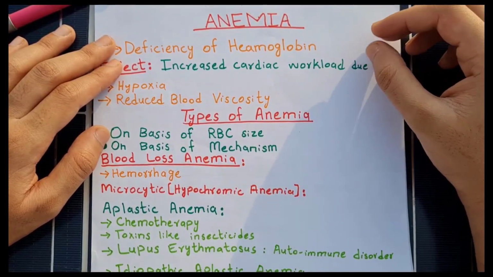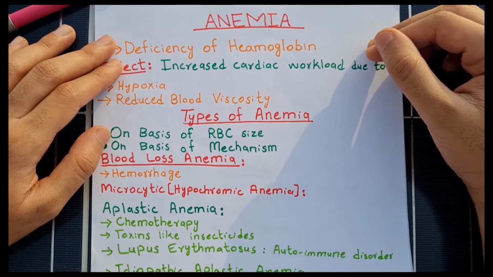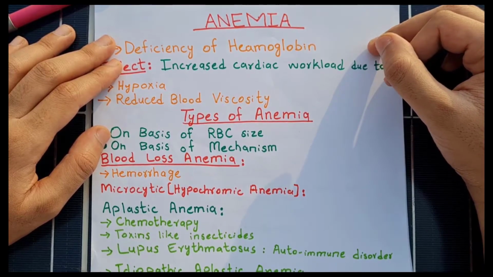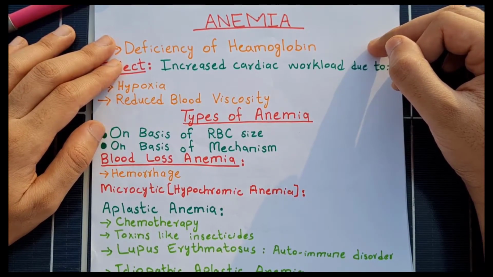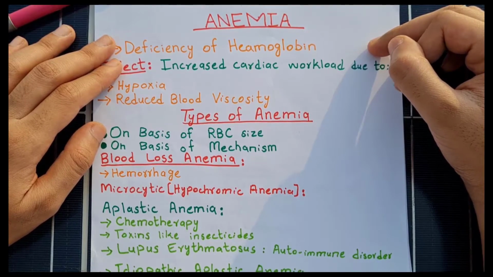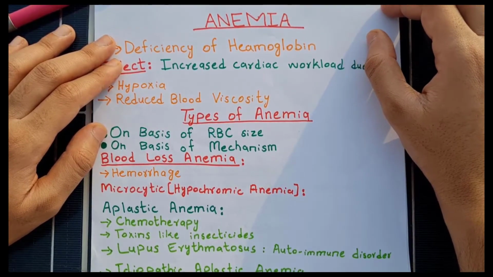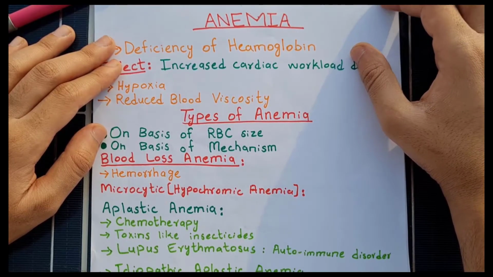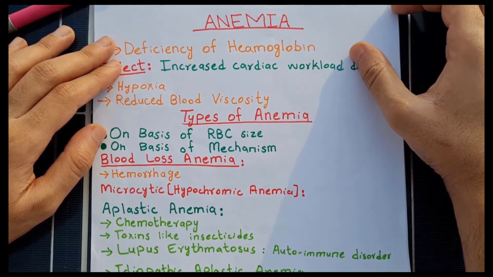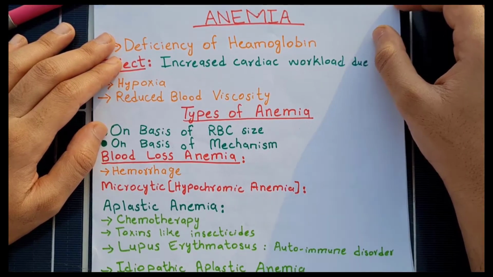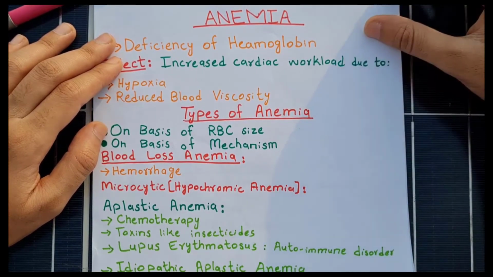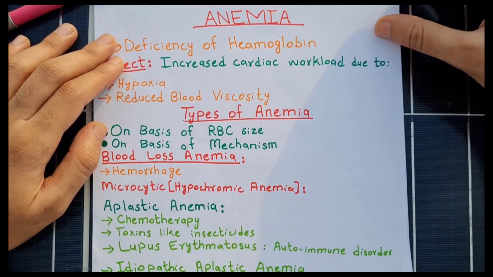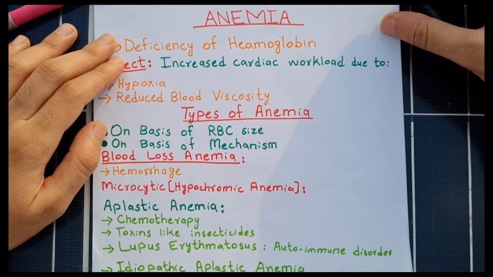As it is obvious from their names, microcytic anemia is a condition in which there is a decrease in overall size of RBCs, and normocytic anemia is a condition in which the size of RBC is normal, but however its oxygen carrying capacity is reduced, so there is anemia. And in macrocytic anemia there is an overall increased size of RBCs which decreases their oxygen carrying capacity.